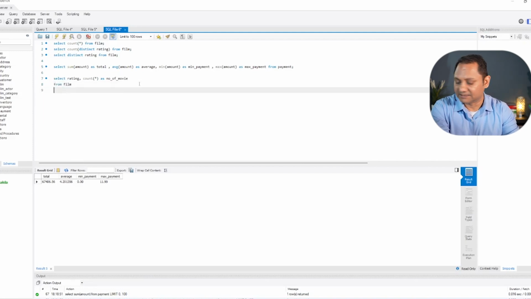And now we are not using any filtering, so we'll leave out the where clause. But if you wanted the count of movies for each rating for a particular year, then that year condition would have gone in your where clause. But here we are not doing any where, so we skip where, but we now say group by, because I want this count to happen for every group of my rating. So if I run this,